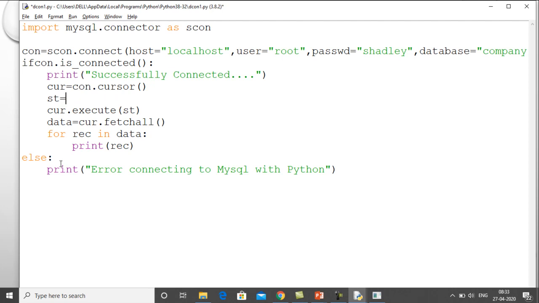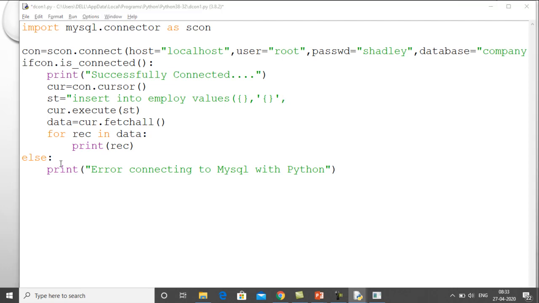Right, so let me start writing the command: insert into the table name employee values. Okay, and then we put the bracket over there. I hope you know that we have to put the bracket. And after that we will write the curly brackets, because within the values bracket we have to put the values. So the first value is basically E code, which is an integer value, so we simply put the curly bracket. The second value is E name, which is a character value, so that's why we put that value within the quotes.